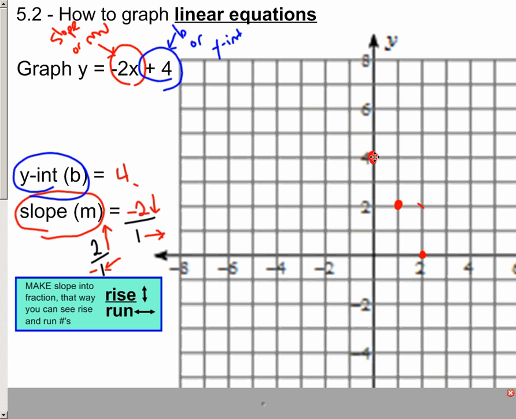And then that also lets me be able to go in a different direction. Up 2 and to the left 1. And see how this is still on the same line here? Up 2 and to the left 1. Now you really don't need this many points, but I was just trying to make the point